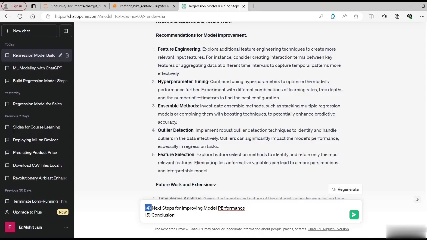So let's ask, write next steps for improving model performance and the conclusion. I know you are going to say that it would look very similar to the recommendations. Let's see how ChatGPT responds when we change the verbiage of the same thing.